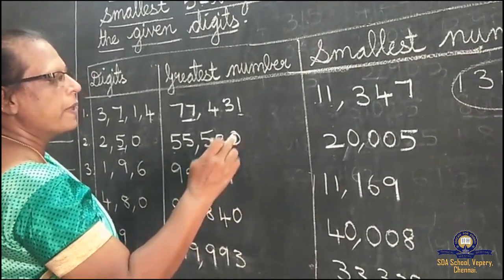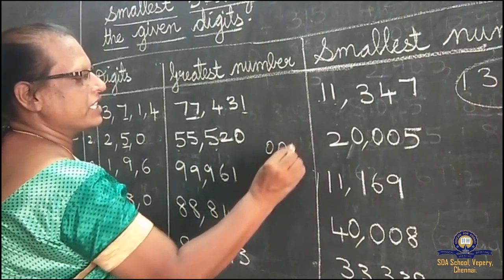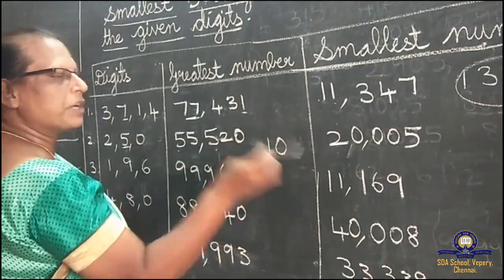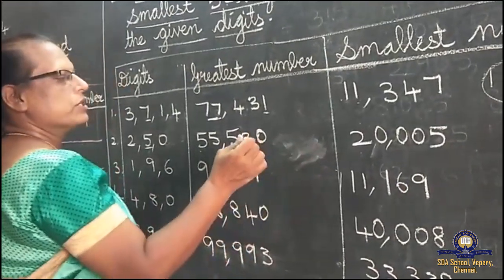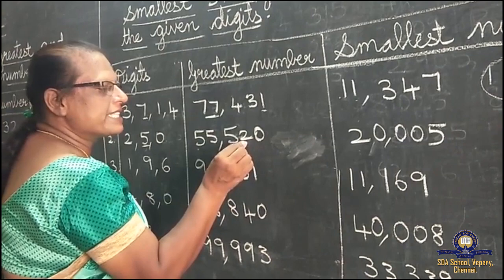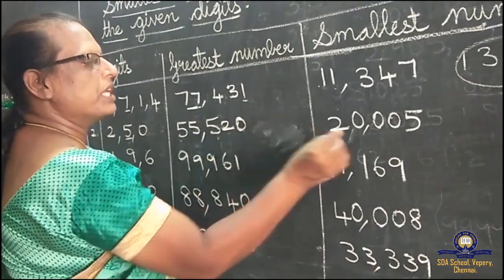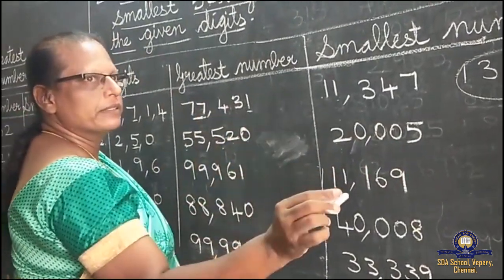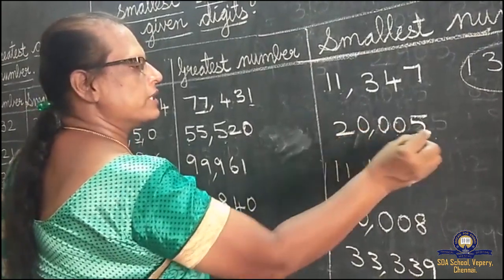You should not write it like this, if it has no value. But if you put 0 at the back, it has value. So you should not get confused. What you have to do is take the next number, 2, and then put the smaller number 0 three times and then 5. You should not write 5, 5, 5. Children, 20,005.